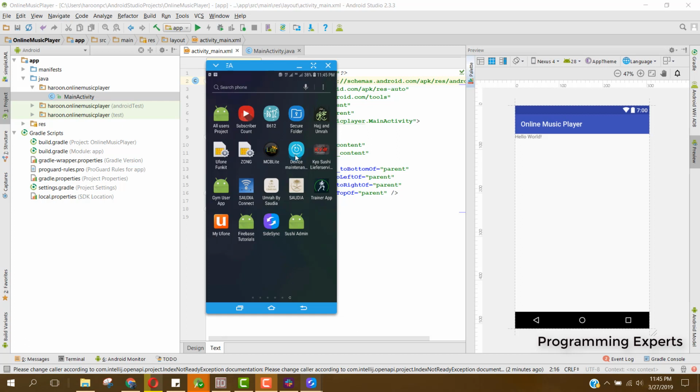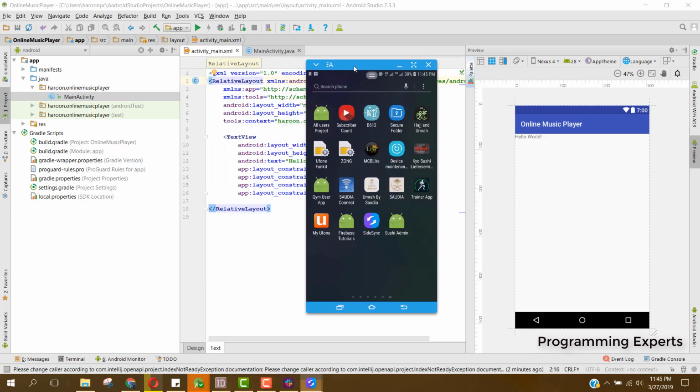So basically the admin will be able to upload the songs to the Firebase from his app, and then the users will be able to see all the songs on their app. Alright, so I hope you understand the flow. So let's get started. So first of all, I want to show you a demo, and this is the part